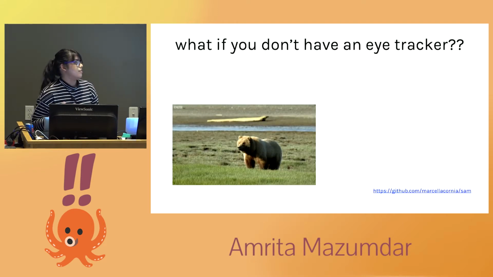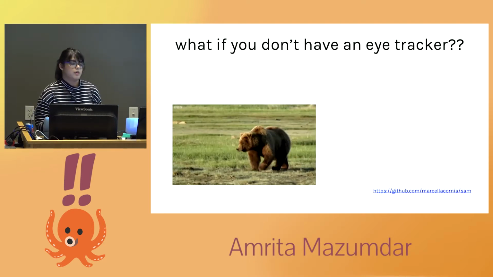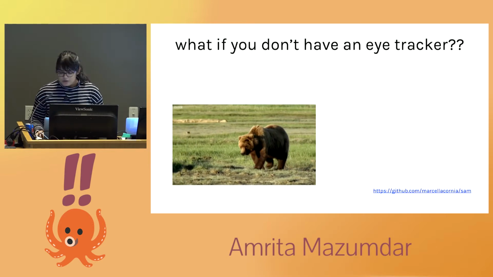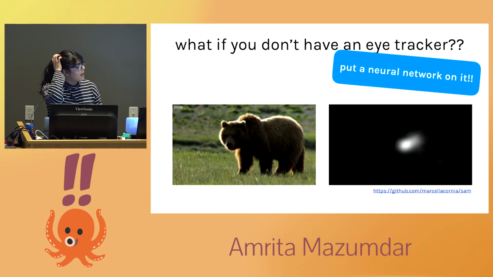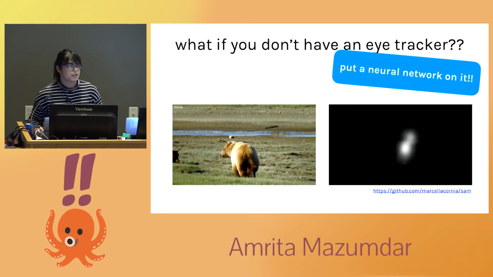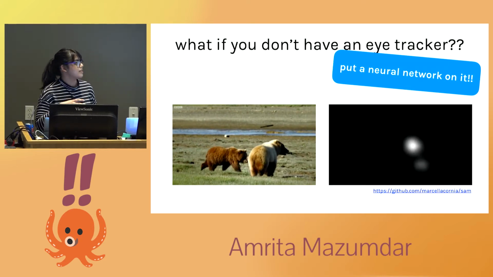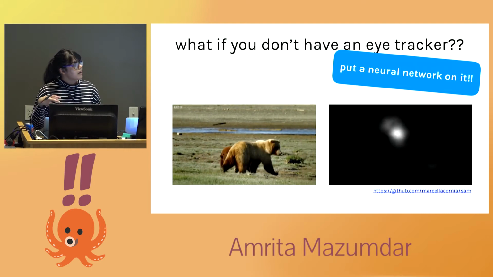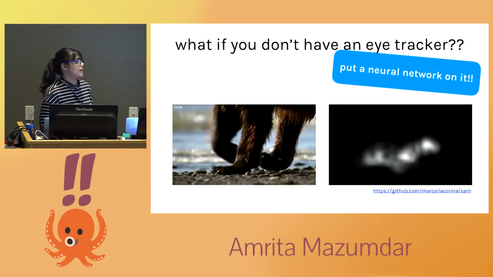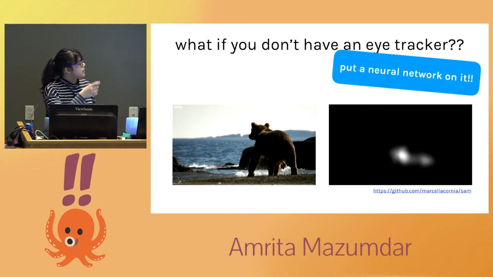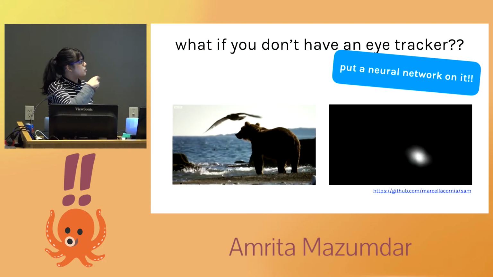So how would I do this if I were at home and my internet was bad and I wanted to get this to work myself? You could put a neural network on it. So this is a neural network that some very smart vision researchers have produced. And what it's doing is it's collecting a superset of where everyone could possibly be looking. And it's based on eye tracker data from other people. But what it did is it synthesized that for this video specifically.